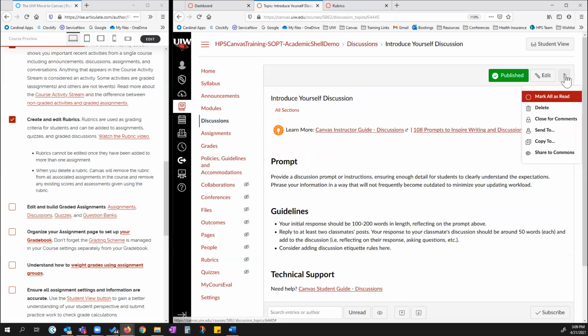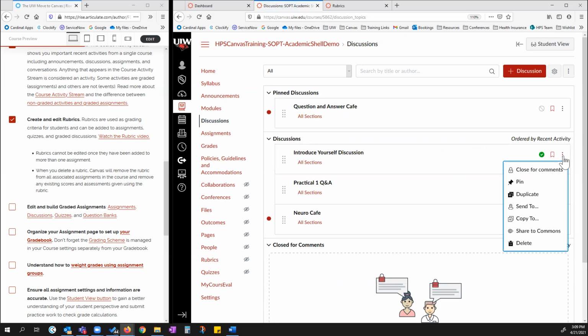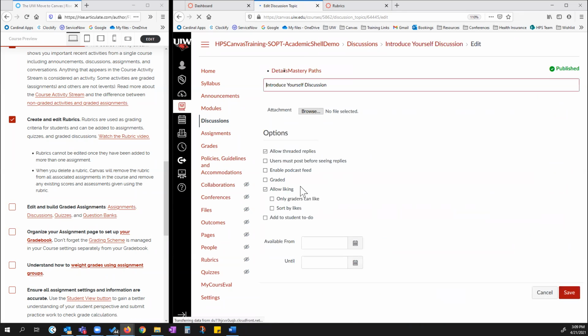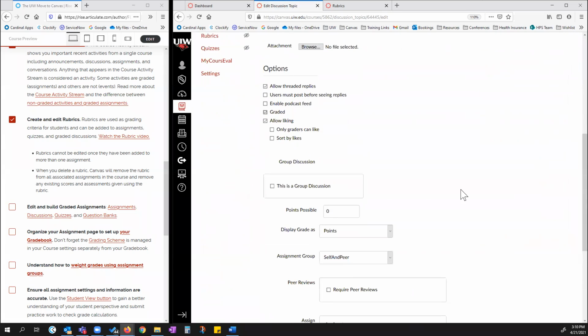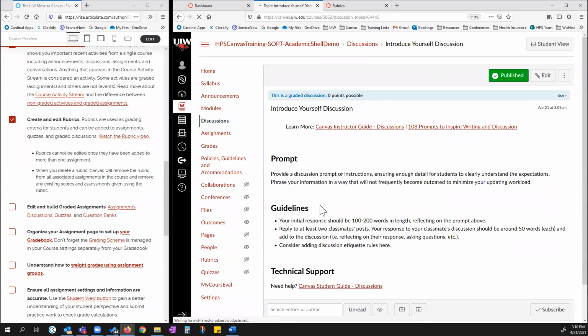And then when you click the three dots on the right, you actually will have, typically, is this not it? Hold on, it did this to me last time. Hold on one sec. So when you click edit, you have to make it graded, because it won't let you attach a rubric to something that's not graded. So once you have that part set up, then you can click the three dots and add a rubric